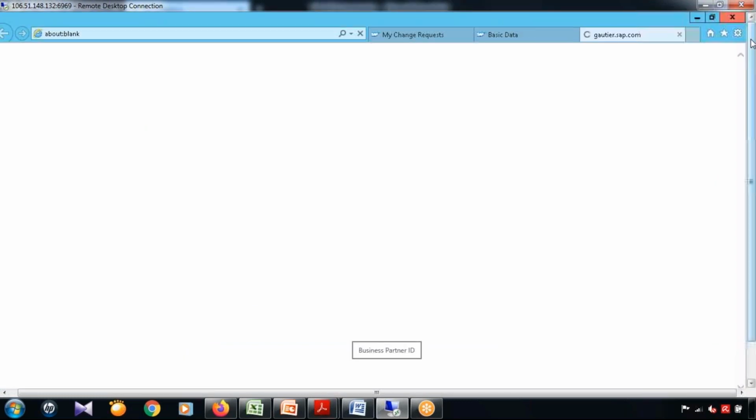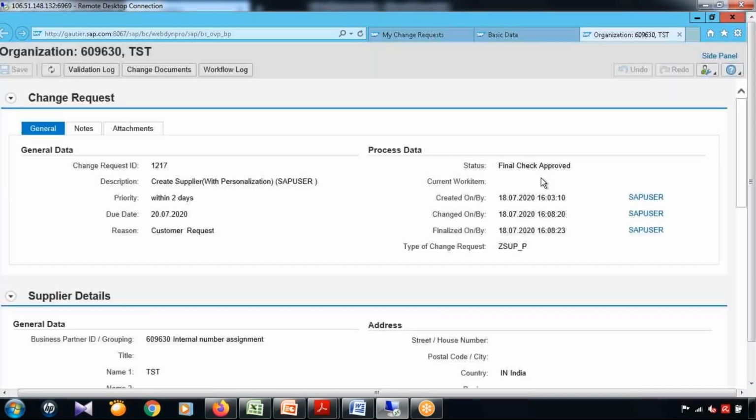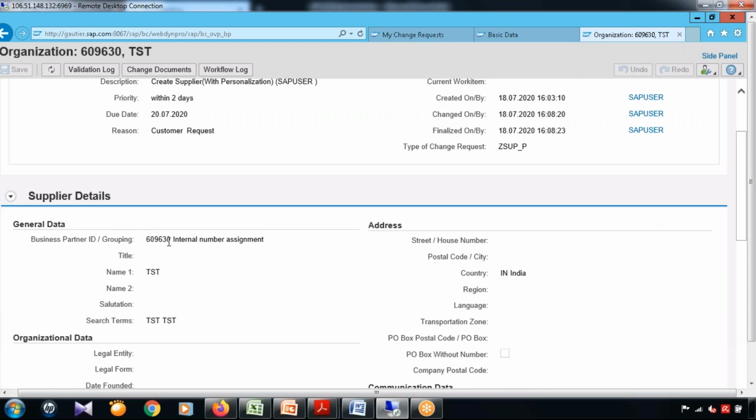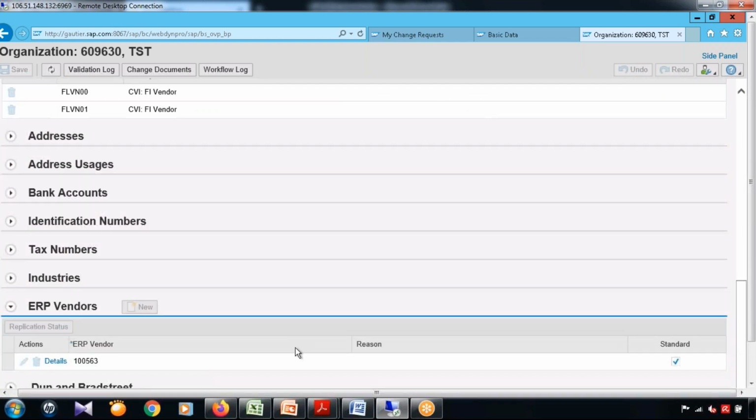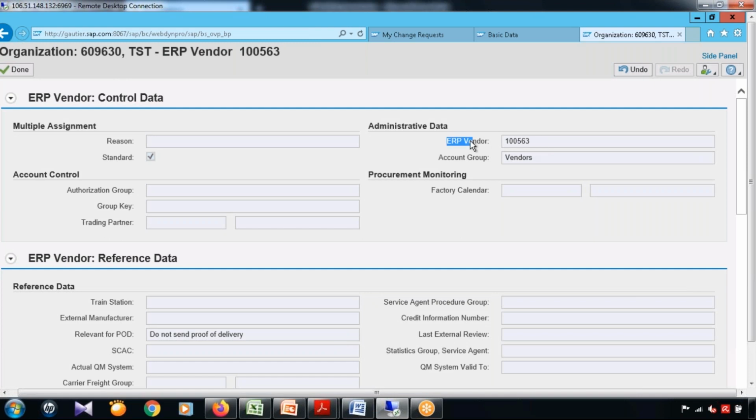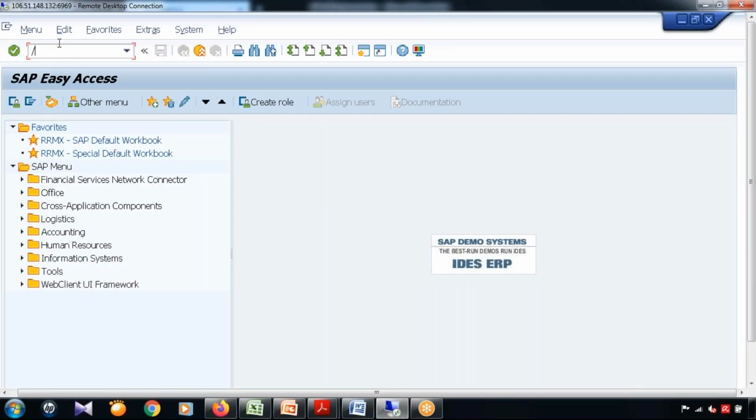As I was telling, whenever we are creating some ERP supplier or ERP customer in MDG, at the same time we are creating the business partner along with the respective ERP vendor or ERP customer. Now here I have entered some detail through the MDG change request. That change request went for activation, done. I received the vendor number based on my number ranges, whatever has been set. Now this vendor number, I can directly go to